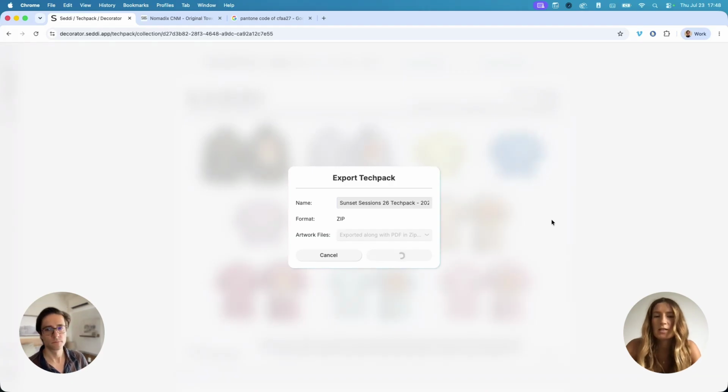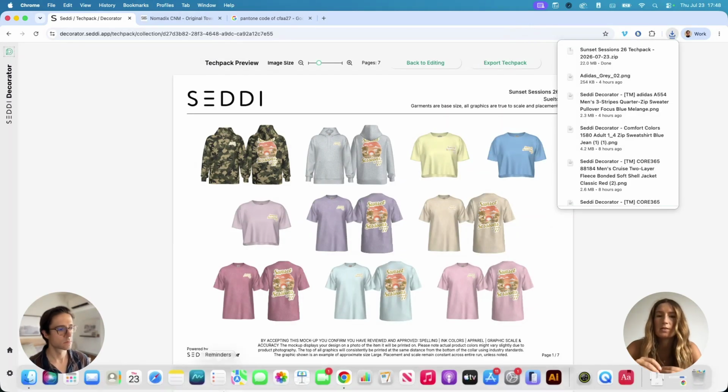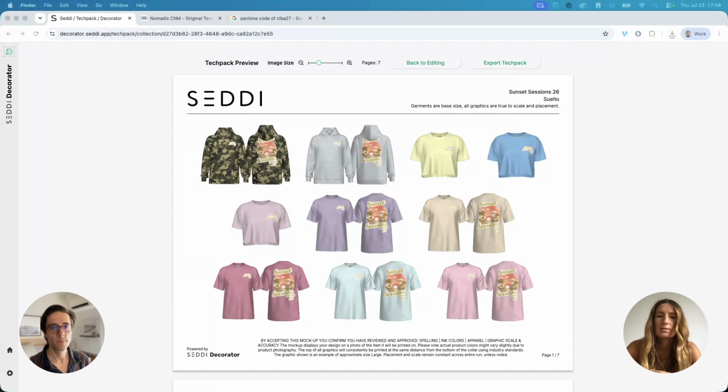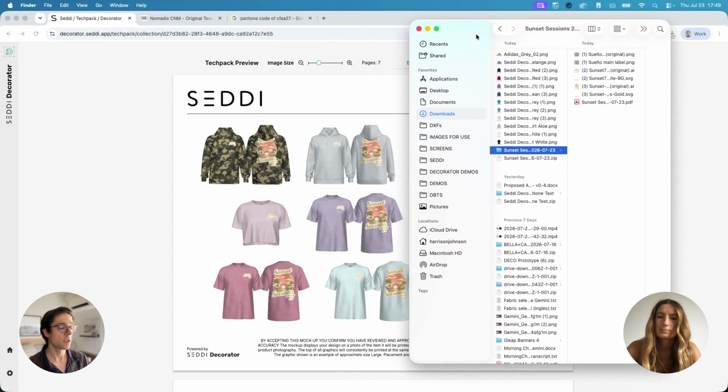And one thing I'm noticing here, like I was mentioning before, is all of the details around each product are automatically pulled into this tech pack. And so normally print shops would be creating this kind of a deliverable manually. Exactly. Yeah, normally they would be creating this in Photoshop or Illustrator or sometimes in PowerPoint, just creating mock-ups, dragging them in, having to change that layout manually per order as it comes in. And this way you have a template that is a little bit customizable, which I can show in a second,